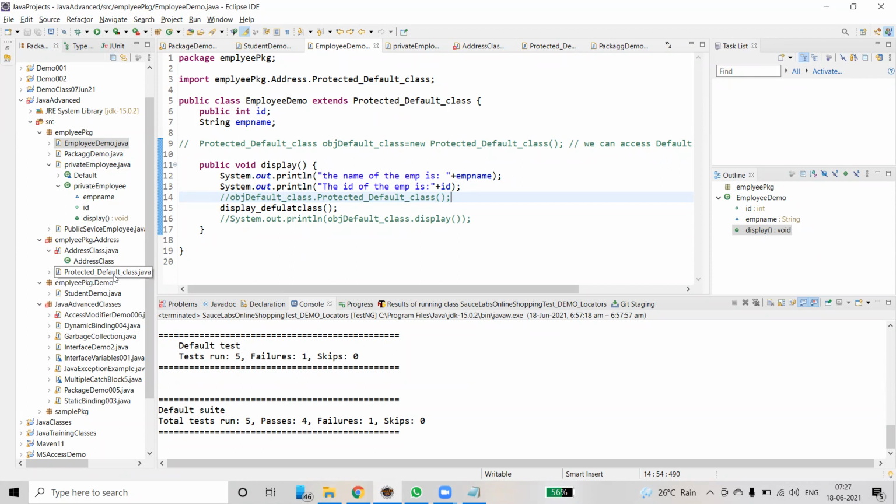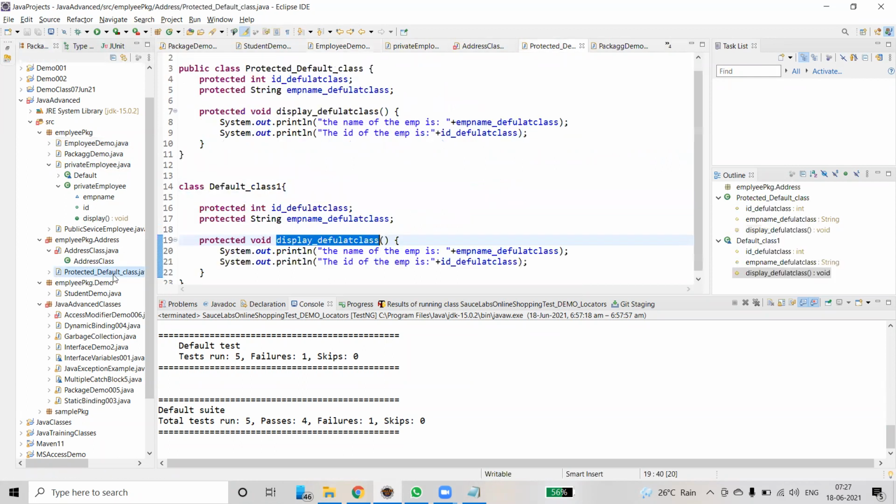That is possible because the protected class has the access modifier called protected before the variable as well as the functions. That's why we are able to access default class, display underscore default class, even outside the package, and even in the derived class also.